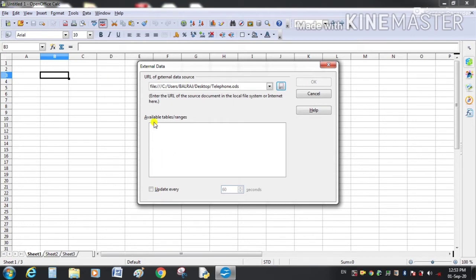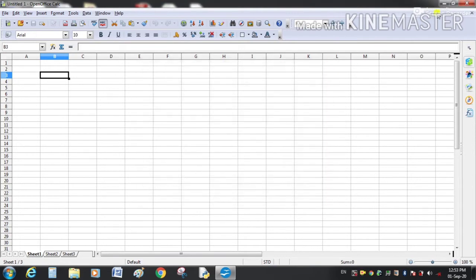Now you can see available tables and ranges. This is empty because we have not created any range or table in our previous spreadsheet file. Therefore, first of all, close this.